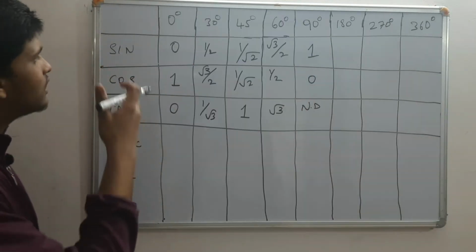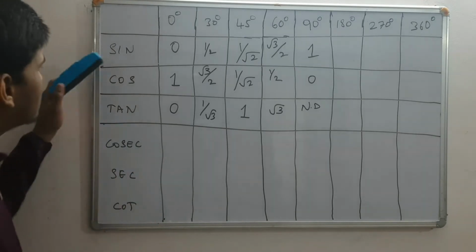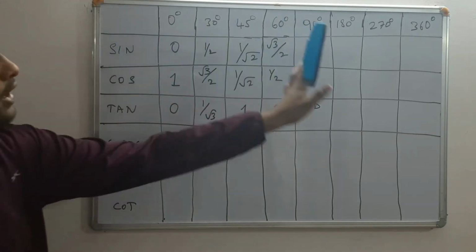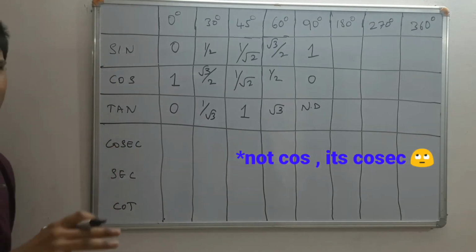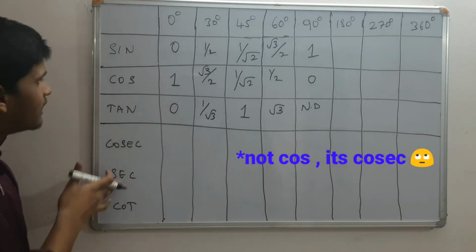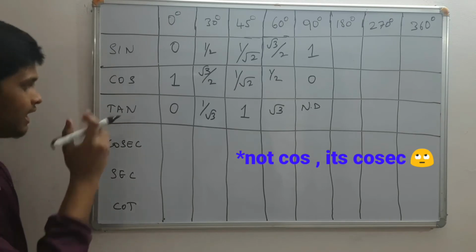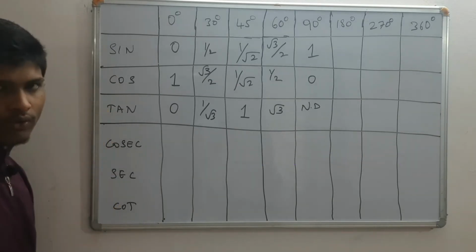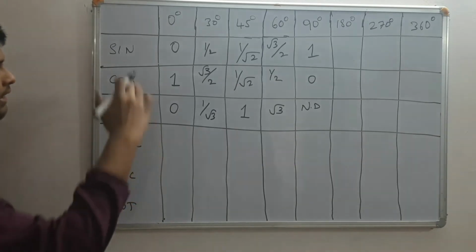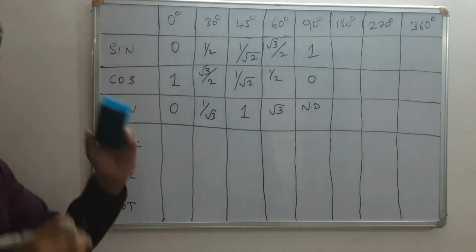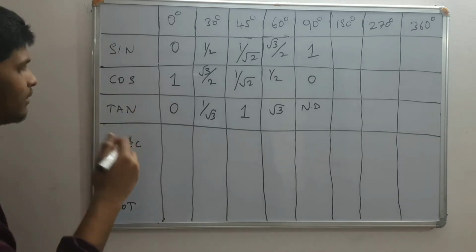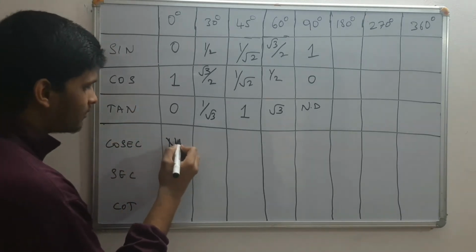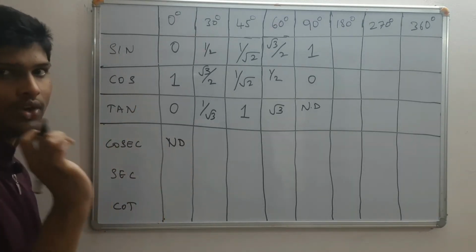So we got the first 3 trigonometric ratios values as sin, cos, tan from 0 degree to 90 degree. And next, you know that cosecant is 1 by sin, that is the reciprocal of sin, and secant is the reciprocal of cos theta, and cot is the reciprocal of tan. So you can easily write them: if 0 is there, keep it in the denominator, and at the numerator keep 1. That's it. So 1 by 0 will become not defined, not infinity. It's not defined.